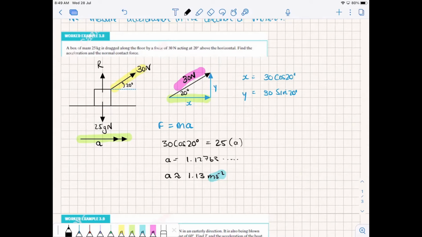Right, so we've got our acceleration. The other thing we were asked to find was the normal contact force. So the contact force is the force of the surface pushing up on the object. In our diagram, that's force R. Force R is perpendicular to the line of action or the direction of acceleration, which means that the component forces vertically must be in equilibrium. So if we are resolving vertically now, component force R, or force R, must be equal to